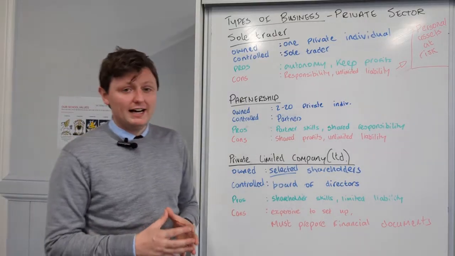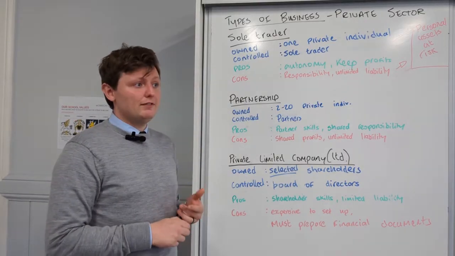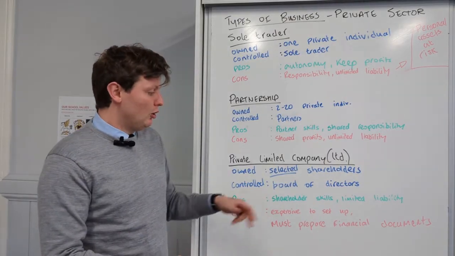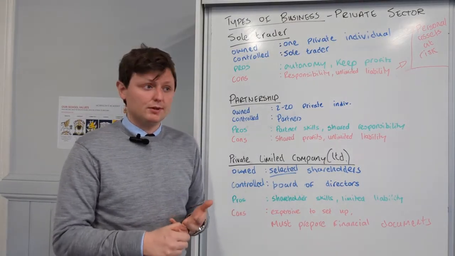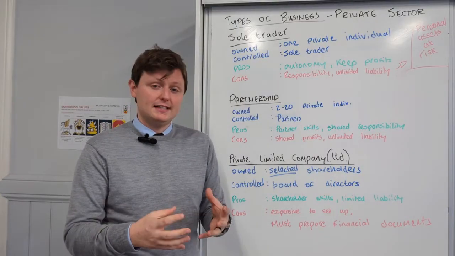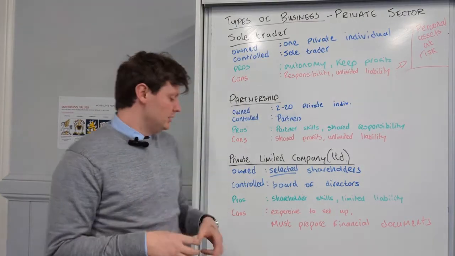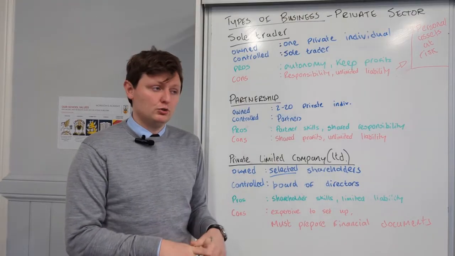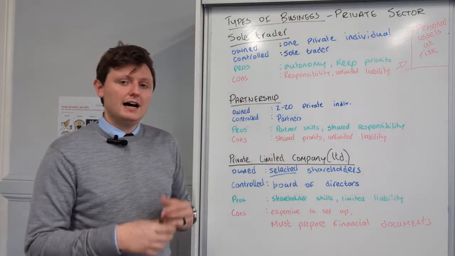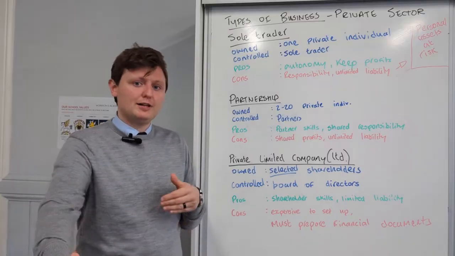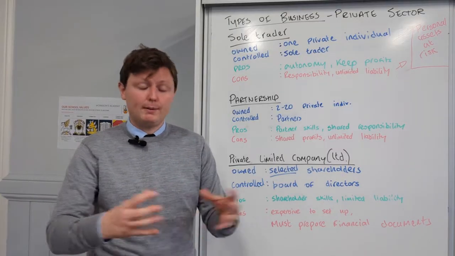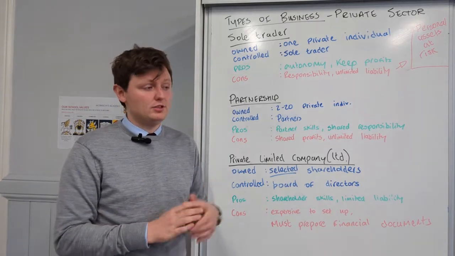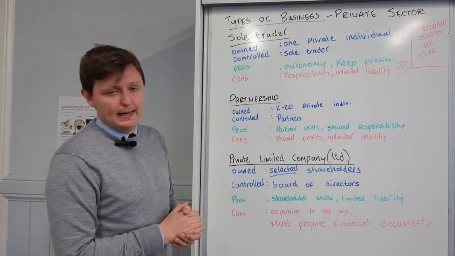However, the con of that is that it's expensive to set up. You have to file with Companies House and file and register your company with the government, all of which may require costs in terms of lawyers and accountants to set that up. So it's a big startup cost. Another con is that you then have to prepare your financial documents every year. So you, as a private limited company, have the legal obligation to produce your financial documents each year for the public to view. Again, that will have the cost of hiring professional accountants, which can be quite expensive.